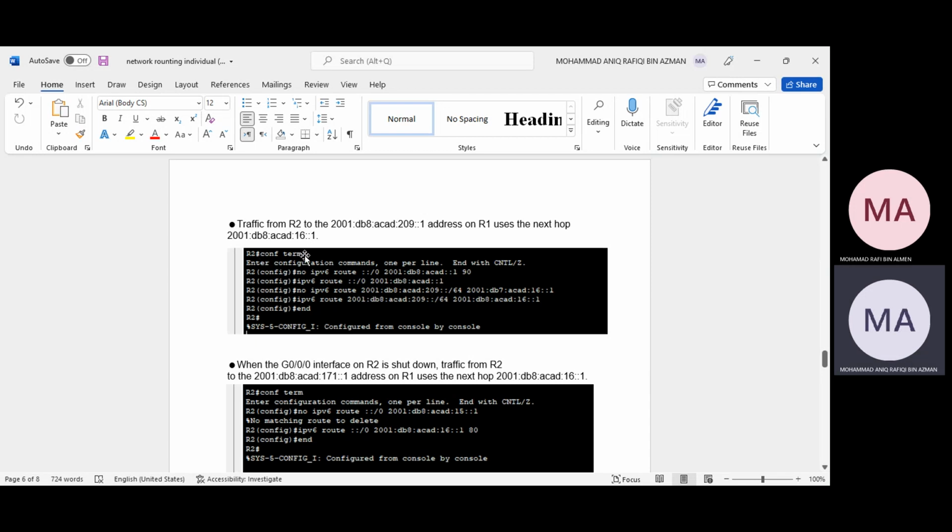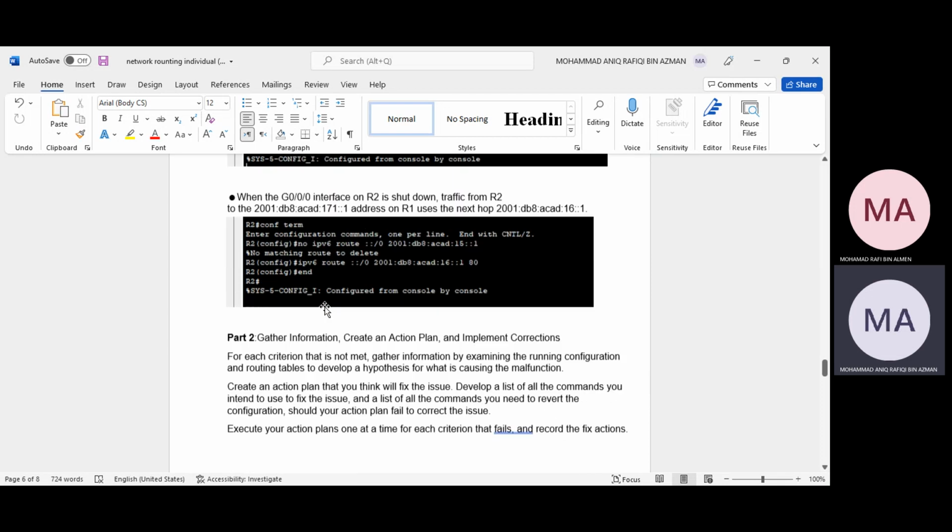I use conf t, then no ipv6 route, then ipv6 route again to add the new address, and no ipv6 route again, and ipv6 route again to add the new address to replace the one that was removed, and lastly end the command.